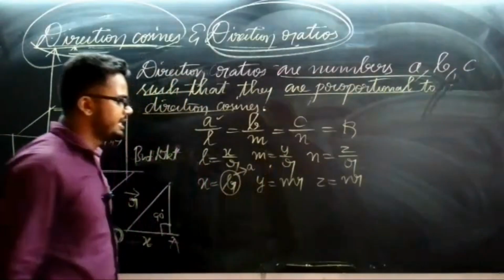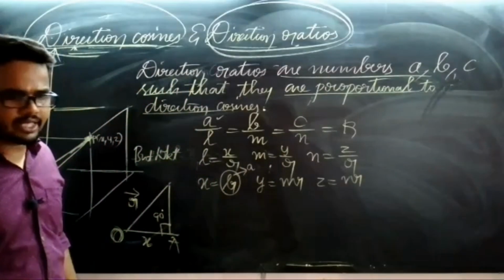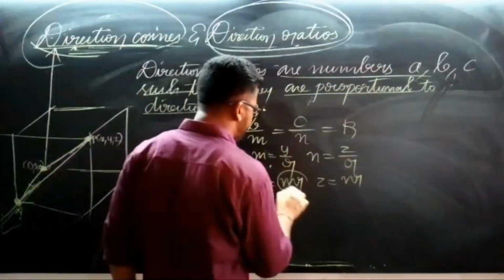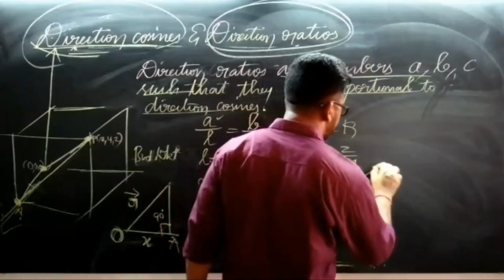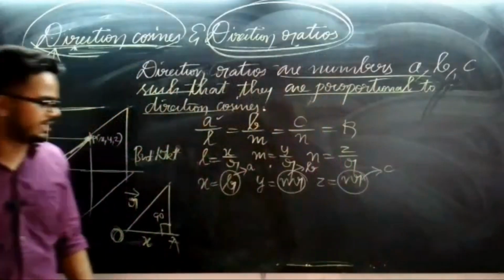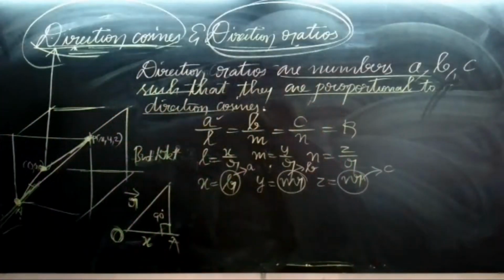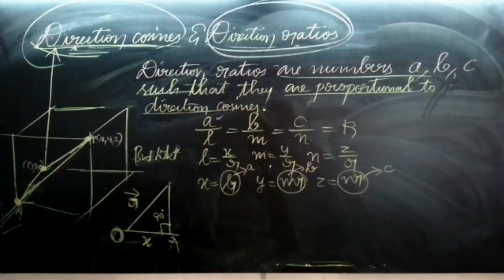Next, let me call mr as b. Next, we shall consider this as c. We shall consider lr as a, mr as b, and the last one we shall consider as c. Okay? If I consider like that,